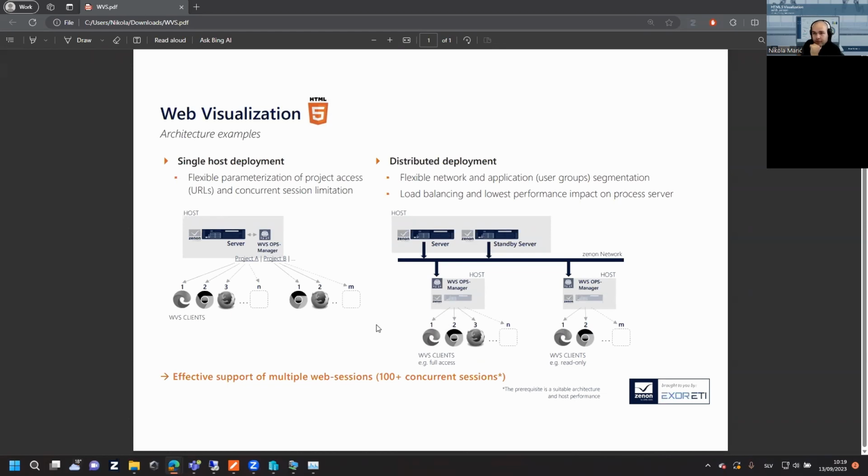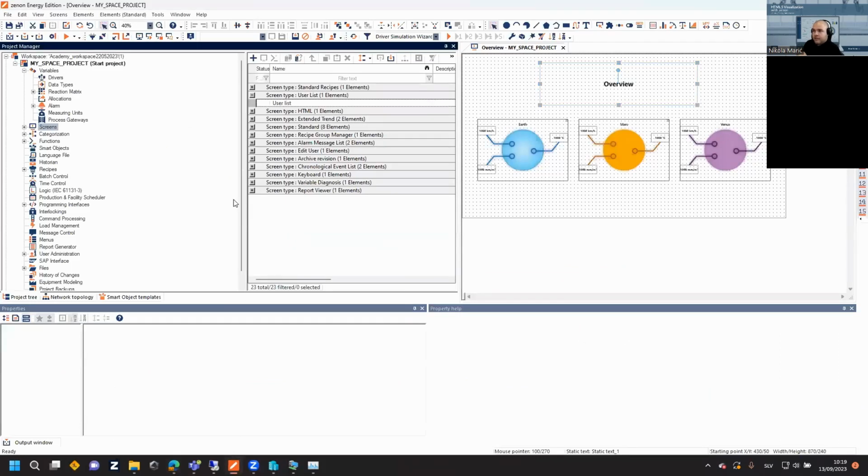But for the beginning, the first step in setting up the web visualization is setting up the main host, the Zenon server. Basically, what you need for the web visualization service to work is to have a standard